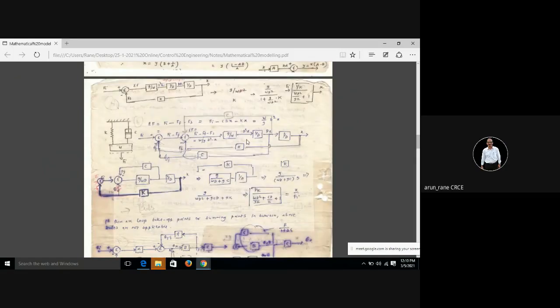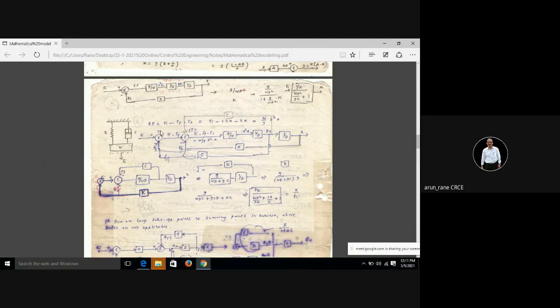So now let us see how to apply block diagram reduction to the spring mass damper system. So you have a spring here and the damper which has been attached to a block. There is the input disturbance Fi. The block moves up and down, and there will be a response here, that is X. The damper is to reduce the vibrations. So the damping force will be in this direction, the spring force will be in this direction, and the disturbance is in the downward direction. This force and this force are in the upward direction.